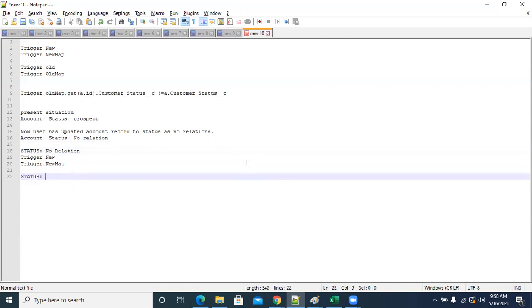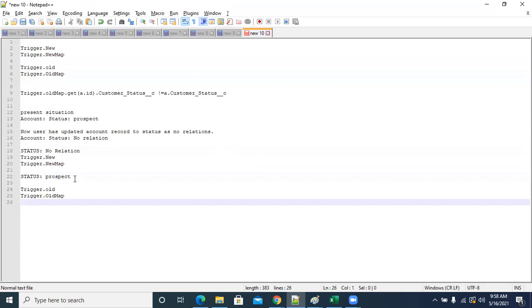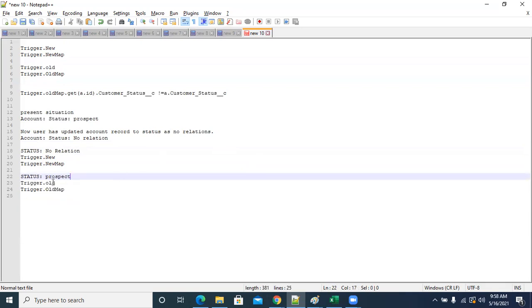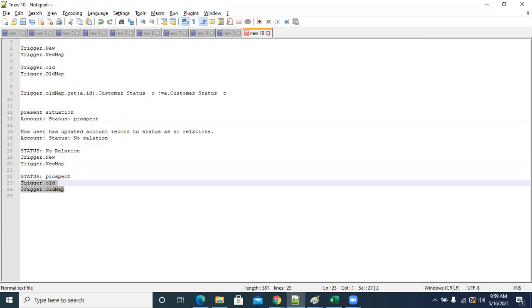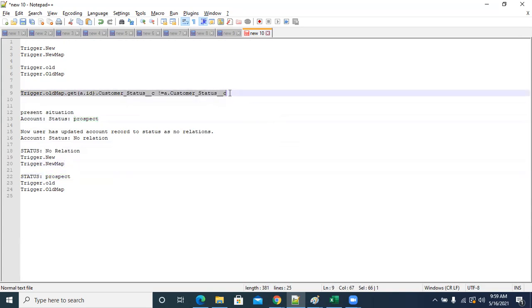the same status will be like a prospect for what? This one. The reason is old and old map always deal with the prior information. What is the prior information? Prior is prospect, right? No update చేయక ముందు ఏ వాల్యూ ఉంది? ప్రాస్పెక్ట్ ఉంది. అప్డేట్ చేసిన తర్వాత నో రిలేషన్షిప్ వచ్చింది. సో ఓల్డ్ అండ్ ఓల్డ్ మ్యాప్ ఆల్వేస్ హోల్డ్స్ ద హిస్టరీ ఆఫ్ ద డేటా, రైట్? హిస్టరీ ఆఫ్ ద డేటా యాజ్ అ ప్రియర్ హిస్టరీ ఏముంది? ఇందులో వాల్యూ ప్రాస్పెక్ట్ ఉంది. మరి కరెంట్ సిచ్యువేషన్ ఏం వాల్యూ ఉంది? నో రిలేషన్ ఉంది. సో ఇప్పుడు నువ్వు ఈ లాజిక్ వాడితే మీనింగ్ ఏంటంటే,